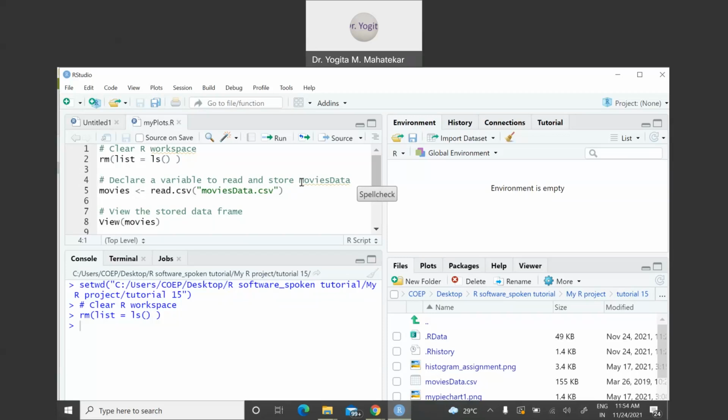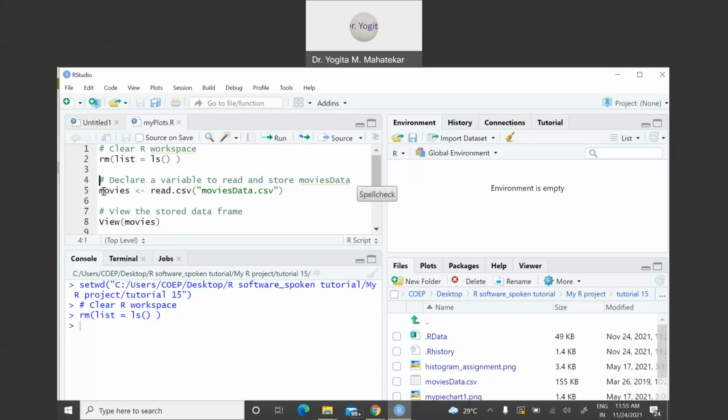So I will read this by default .csv file that is there inside RStudio with the name movies. Okay, so we will give simple variable name to this data frame that is already there inside RStudio. So the by default data frame is movies data.csv, and I will give the variable name which is of my choice, namely movies.